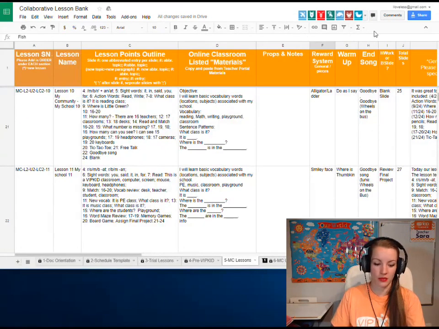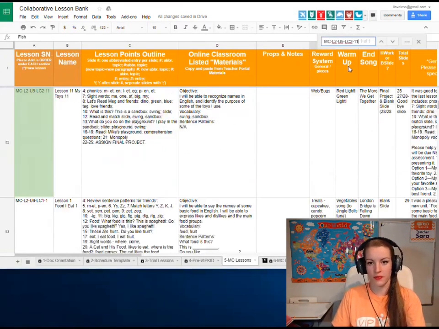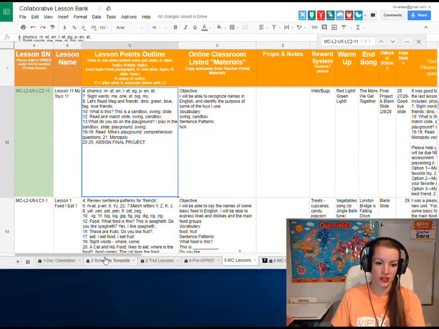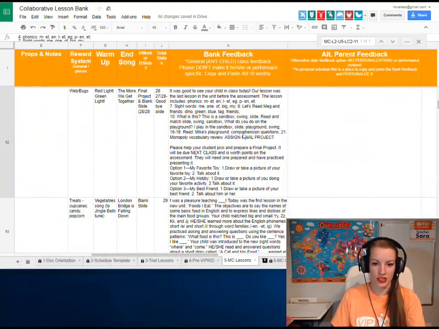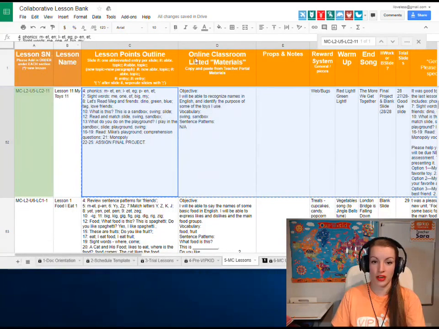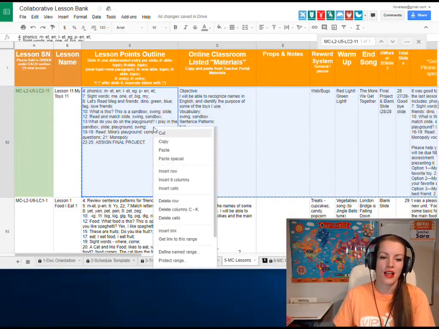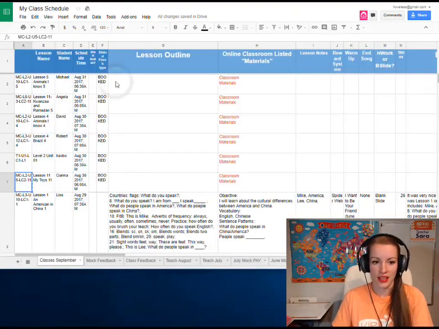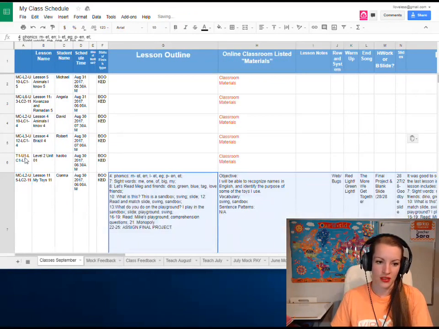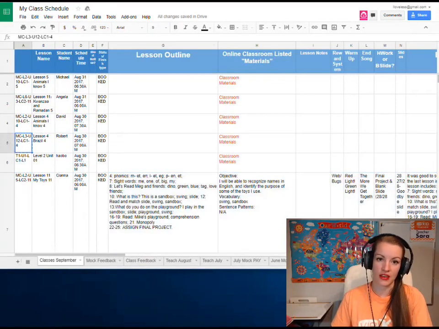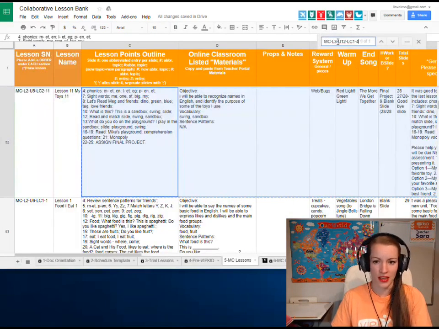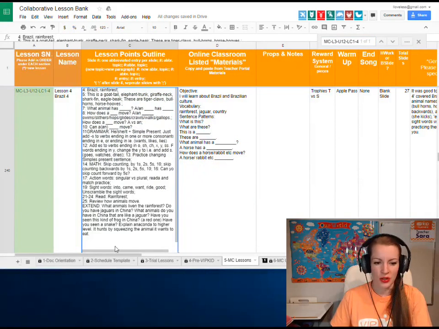it, come over to the lesson bank, do Control F, so it does the finder tool, paste that in there, it'll take you right to your lesson, and then you take the bright orange, as you can see at the top, dark orange, bright orange, you want the bright orange, copy that, and then take it back over, paste, and then you can get going pretty fast. And so then you can just read over them,